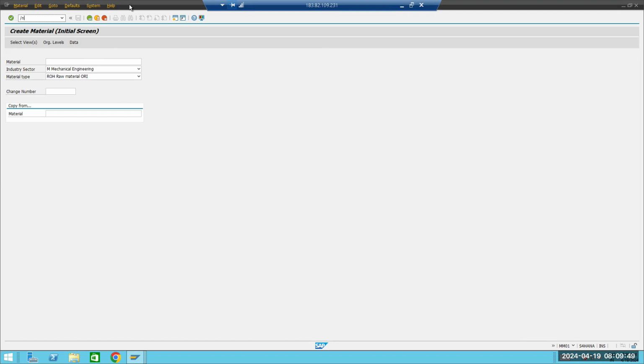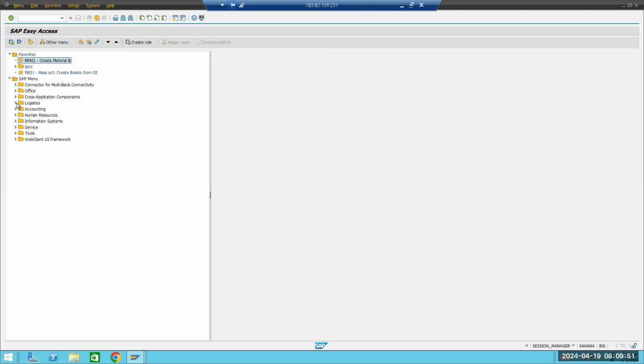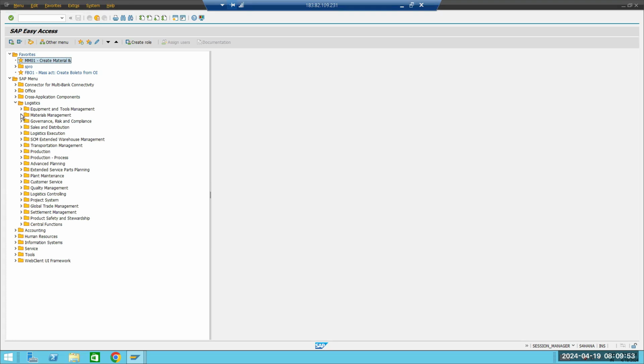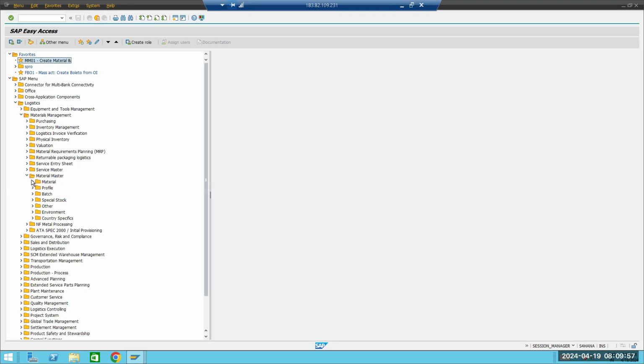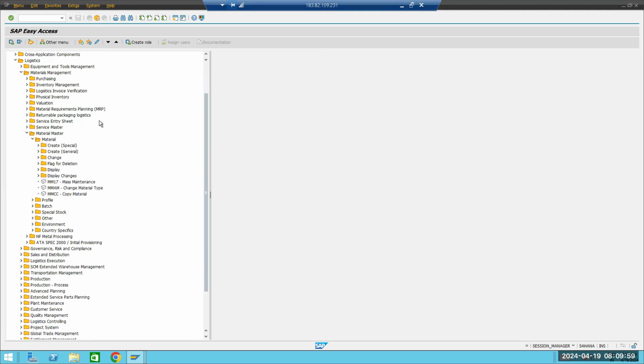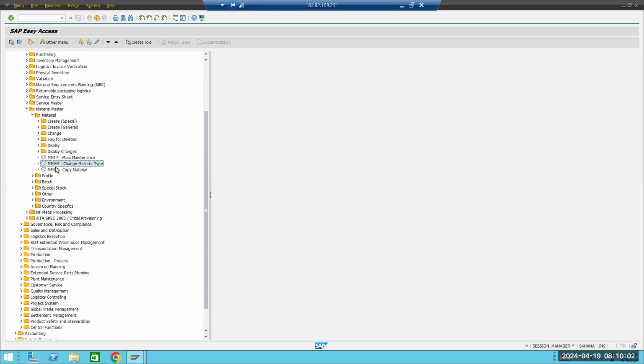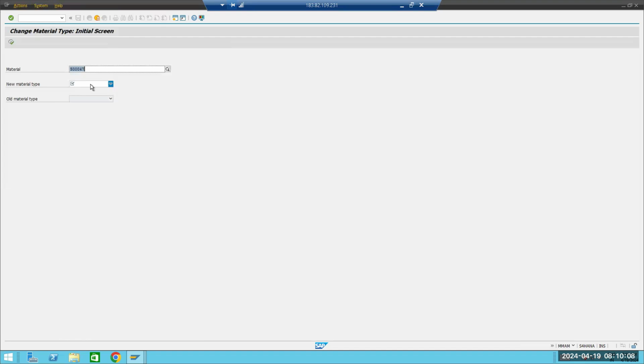You can go to the menu path: Logistics, Materials Management, Material Master, Material, and here Change Material Type. The T-code is MMAM. Here you can change the material type. For the new material type, let's say I'll put HALB, and press enter. It will take the old material type. Now if I execute,